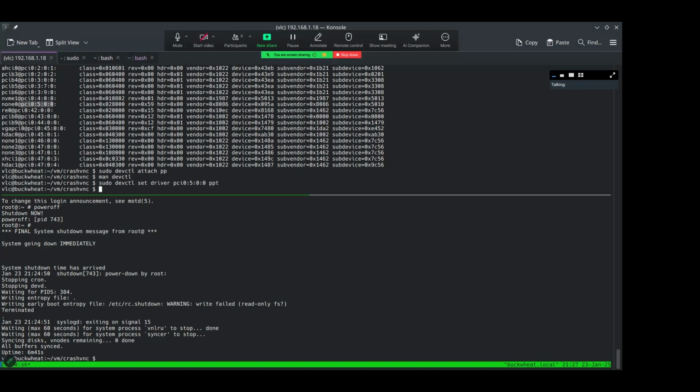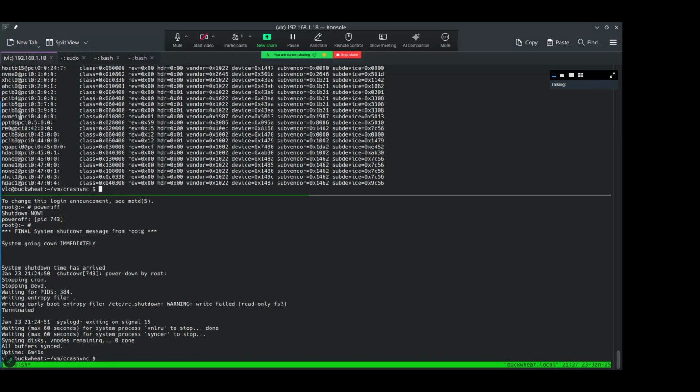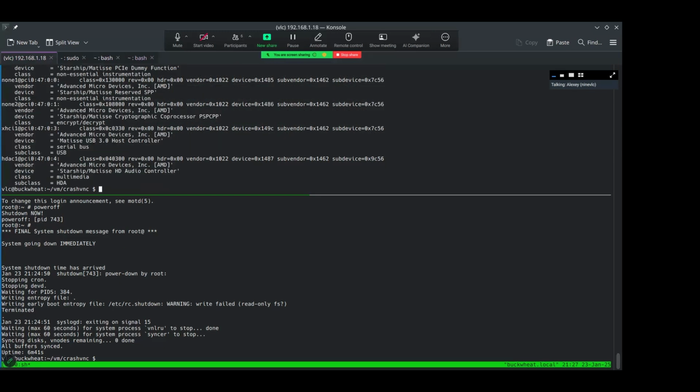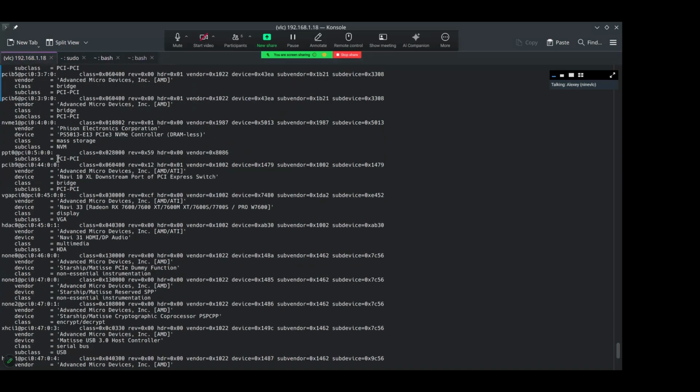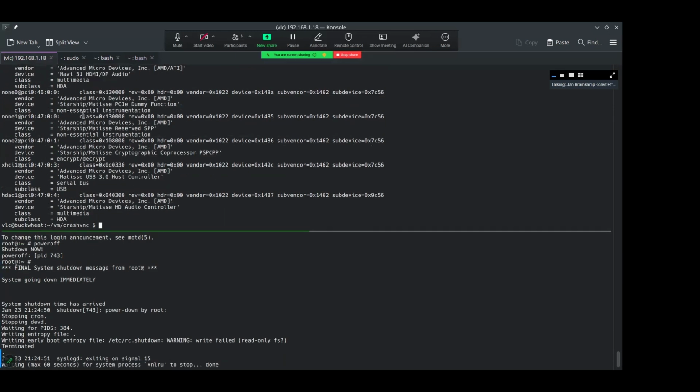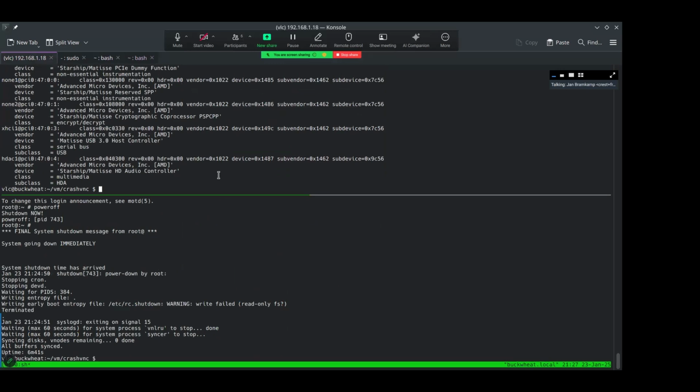And now pciconf -l should see a ppt0 on this one. Just in case, let's do -lv. Yeah, seems to be good. It doesn't show me what device it is. It's just ppt. It's a placeholder driver which masks the device.